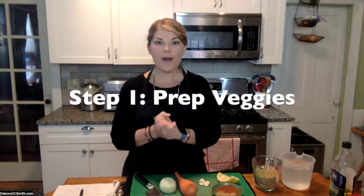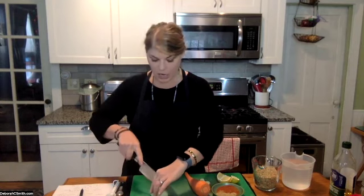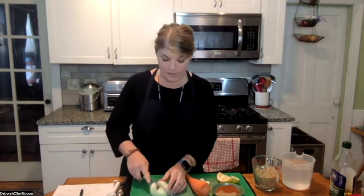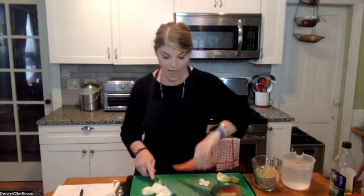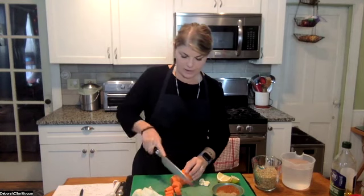Okay, so the steps could not be more simple. Step 1, we're gonna prep our vegetables. So because we're gonna be sauteing these vegetables, we can do them in large chunks. So I'm just doing my onion in big, large quarters like that. It doesn't need to be any more refined than that. And with my carrot, same thing, big chunks,